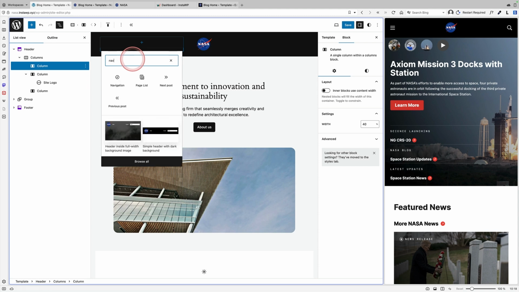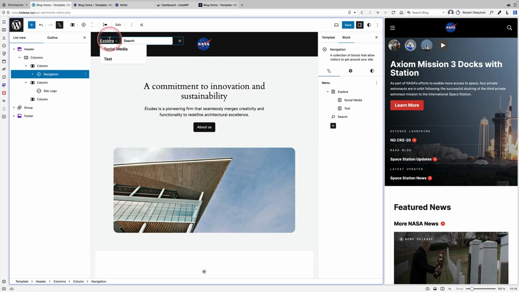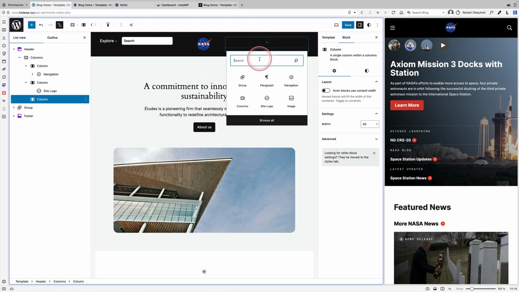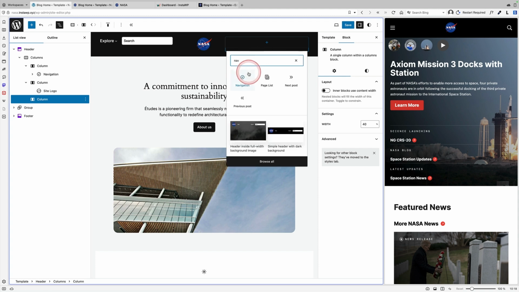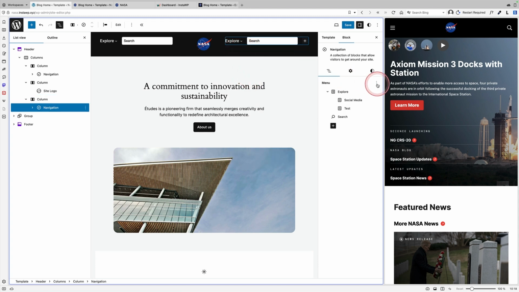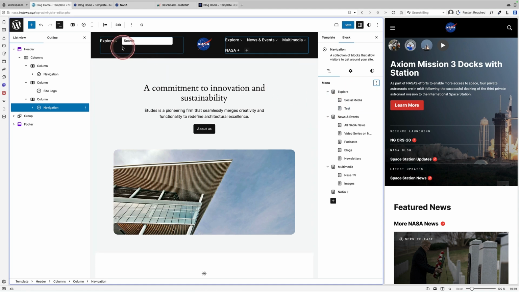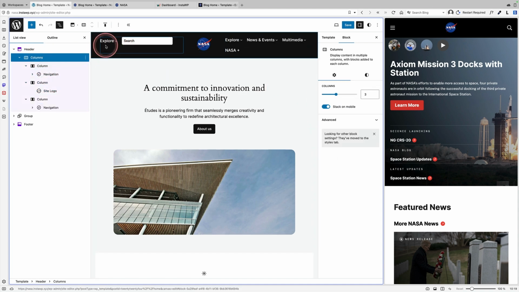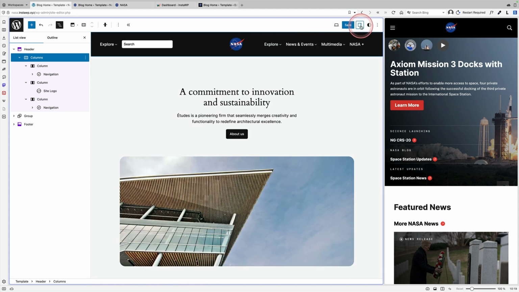So click on the plus sign, search for navigation block, and it's actually found that one all right. You can see over here it's put the navigation block in for me. And I've created already 2 navigations, a left and a right. And then over on this one here, I want to select another navigation block. You see it's selected the wrong one, but I can click on these 3 dots and select right navigation. And I think the only other thing I need to do here is align these columns, the elements, the blocks in the columns to be in the middle. And hopefully now we should have something approximating the NASA one as well.